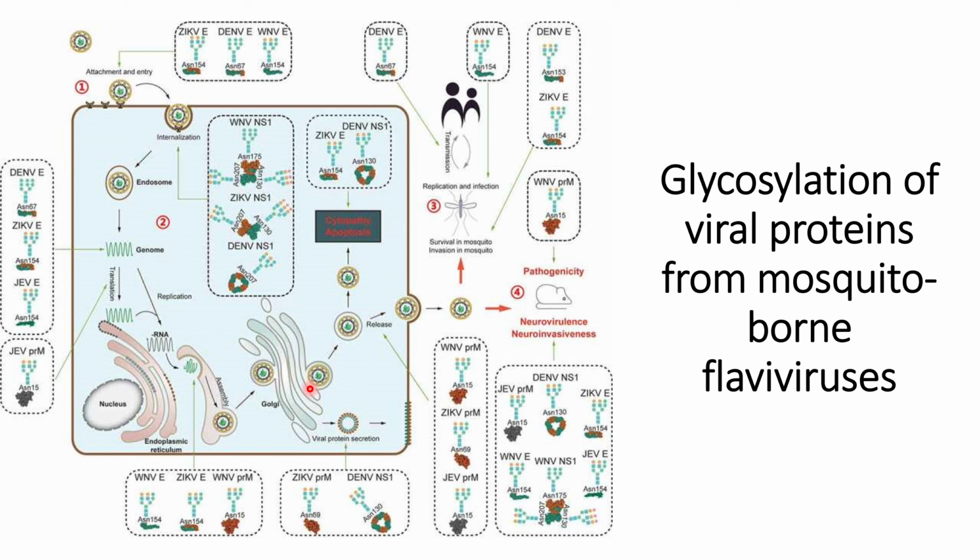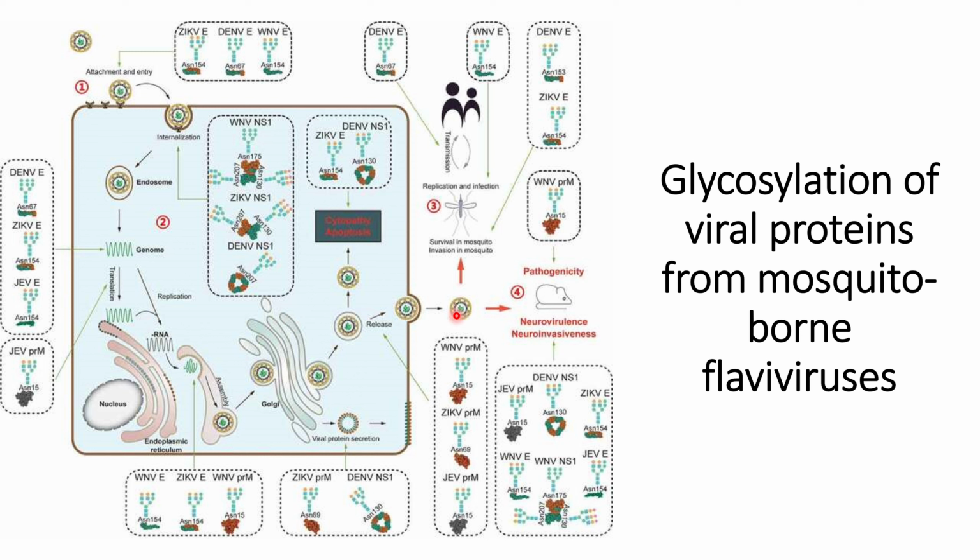After that, they will move to the Golgi for further post-translational modification of N-linked glycosylation, and the initiation of O-linked glycosylation, if there is any, will also occur within the Golgi. After that, the virus will be released in two different ways. First, it will remain in the cytosol and cause cytotoxic apoptosis. That is, it will try to kill the cells or use the cell machinery for the replication of its own